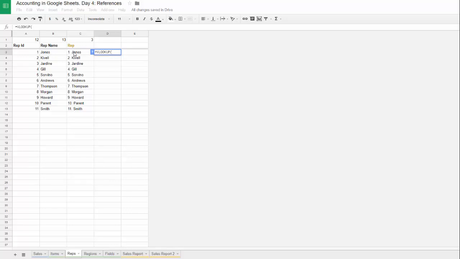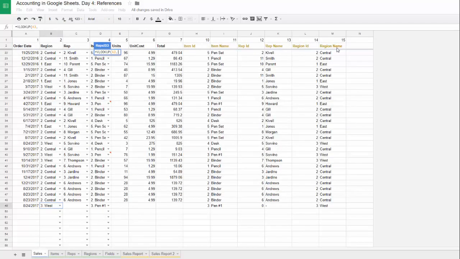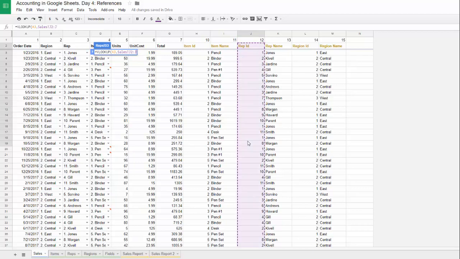We may use rep ID, go to the sales sheet, look up from rep IDs this column, lock it with the F4 key, comma, and I want to get region for each of them. Column B, F4 key, make it inside curly brackets because it is an array, comma, second column, comma, paren,